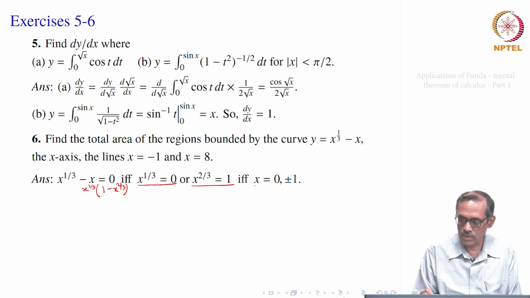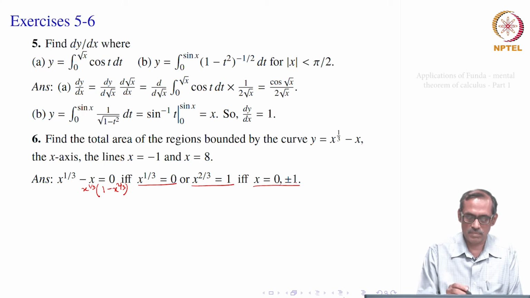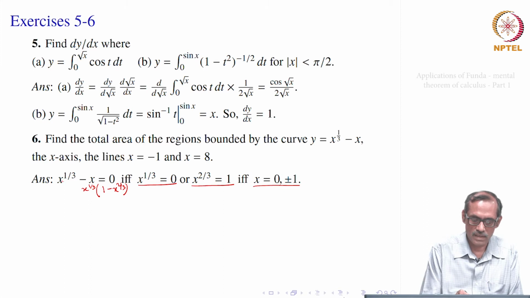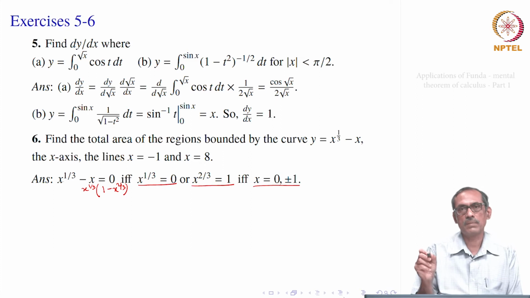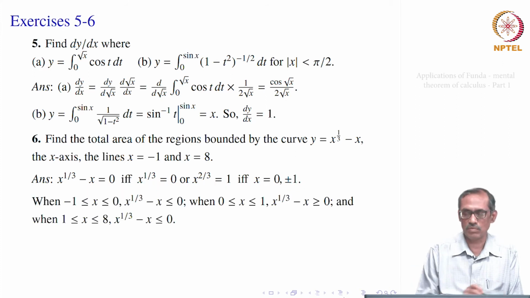So, that gives you 3 points now, -1, 0 and 1, right. Of course, if you take -1 here, that gives you -1 to the power 1/3 and this is -1. So, -1 plus 1, that is equal to 0, that also happens. So, there can be 3 such points. So, that means we have to really break it into 2 integrals. One is from -1 to 0, another is from 0 to 1. So, let us consider those intervals.